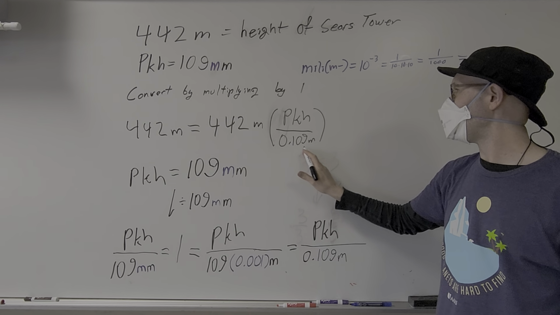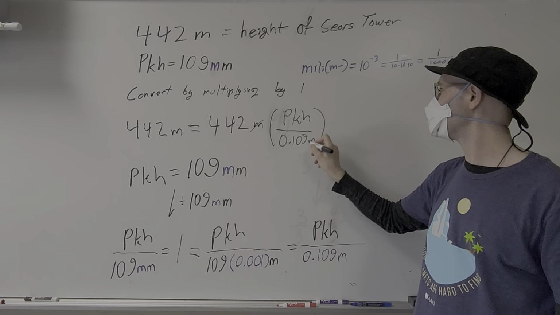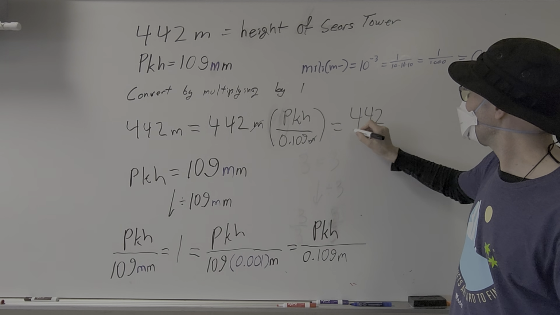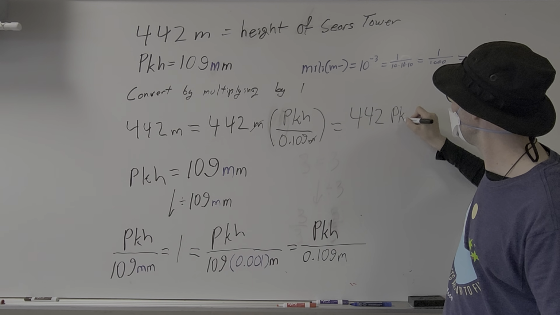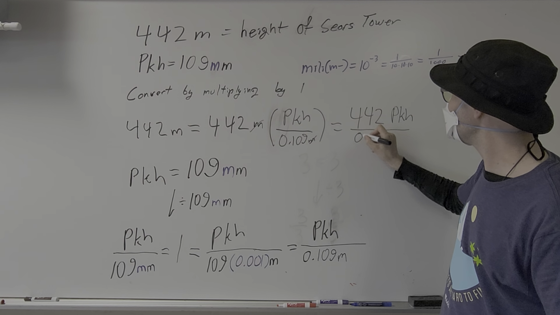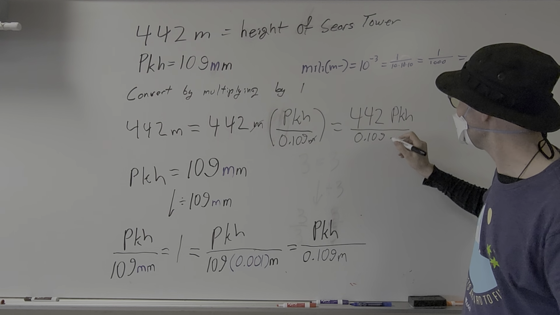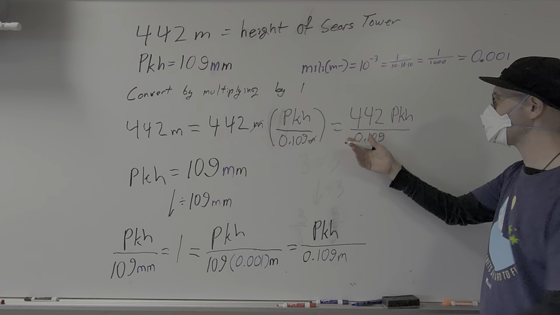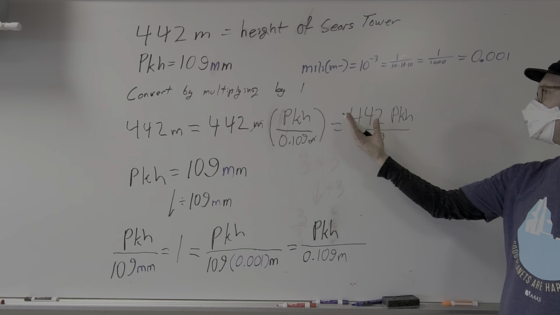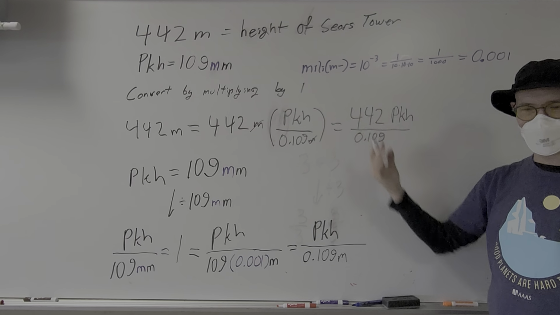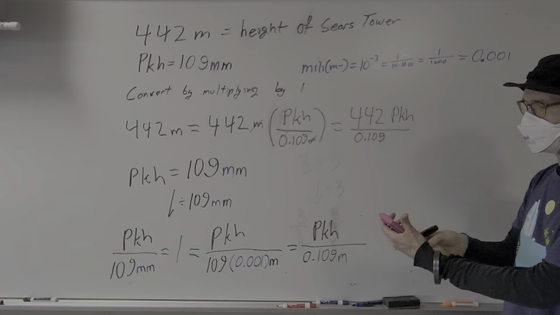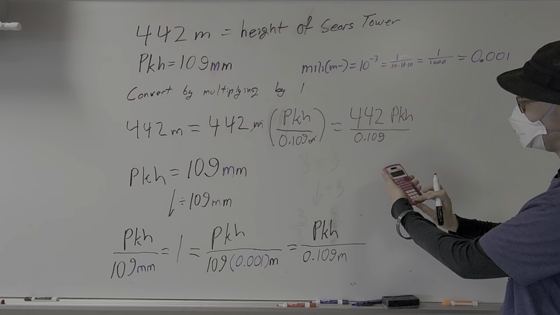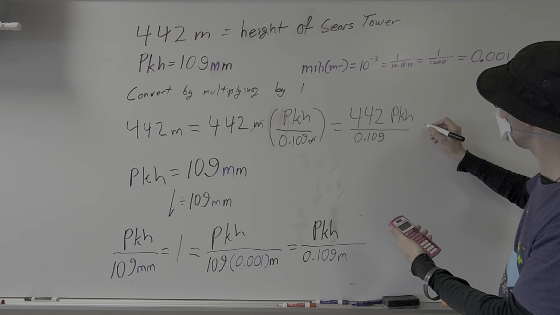And then the meter divided by meter is going to cancel out. So I have 442 percentile hands divided by 0.109 meters. This is about a tenth, so when I divide by it, I'm going to get something about 10 times larger. So I should get 4,000 something. And so 442 divided by 0.109 is